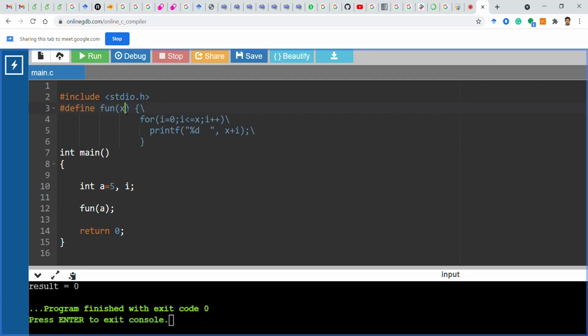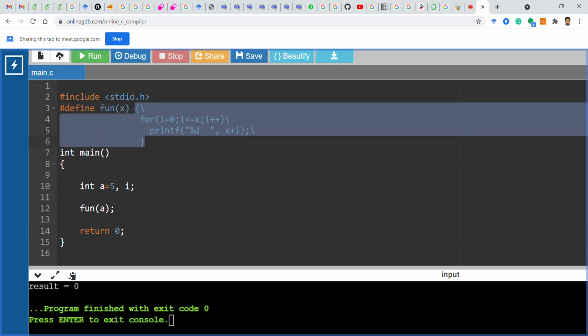Here you see we have not defined x as a variable, because x is a symbol. So what does fun(x) mean? It means something like this.